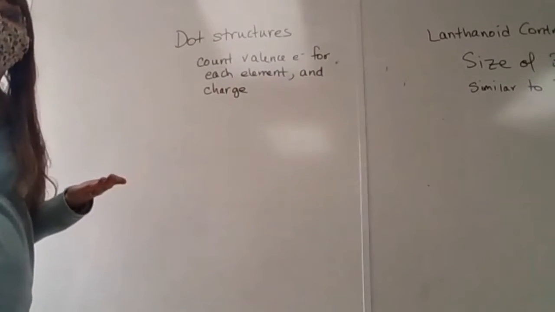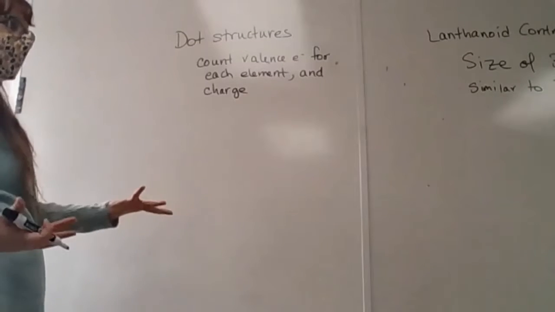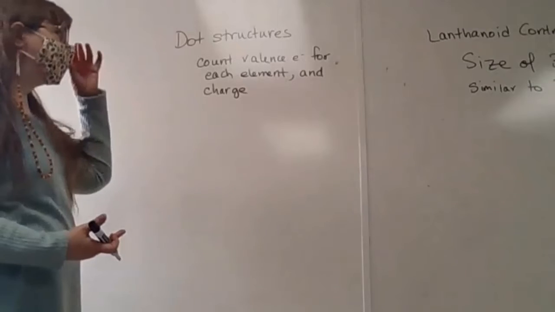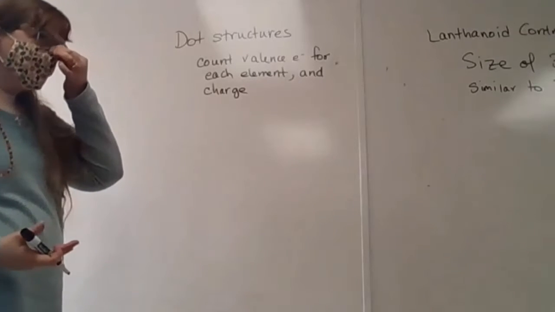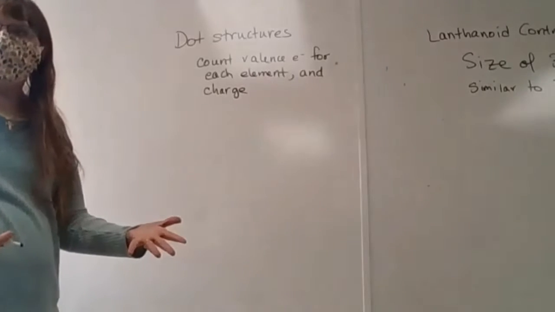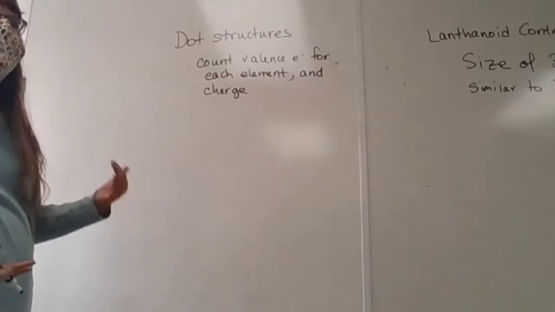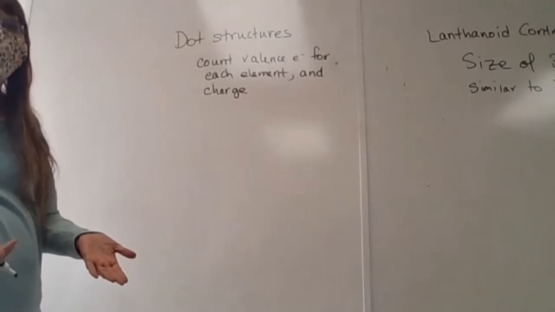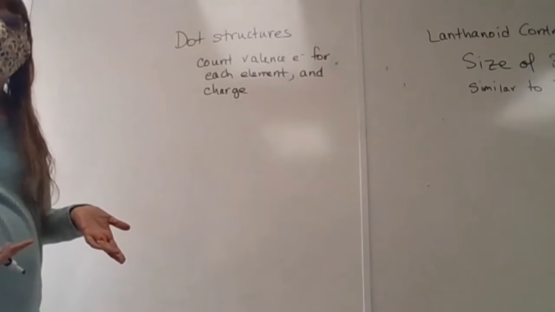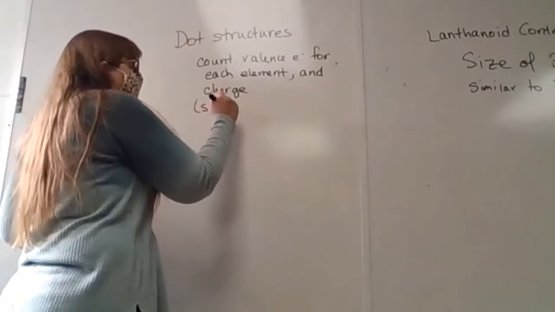So usually we're looking at a molecule or polyatomic ion of some kind. So let's say I was looking at nitrate. I would be looking at 5 valence electrons for nitrogen, 6 for each oxygen, and then 1 extra one for the charge of a -1. Okay. So this should be even,